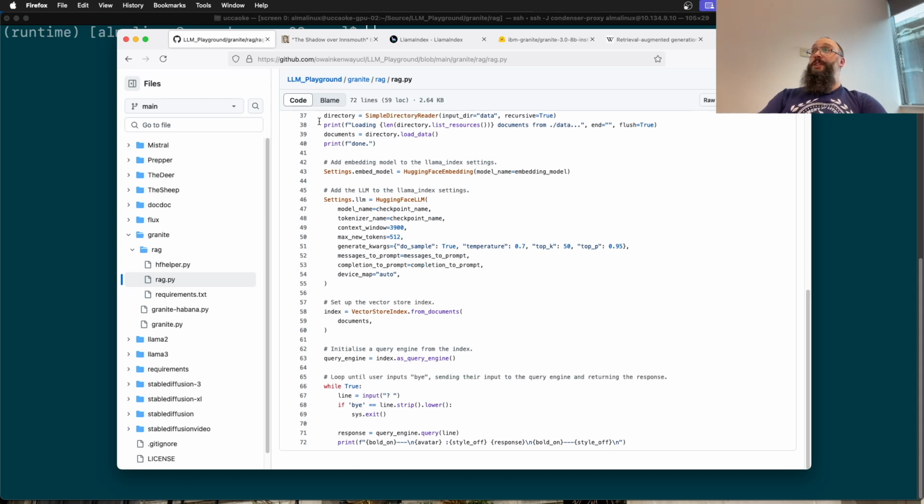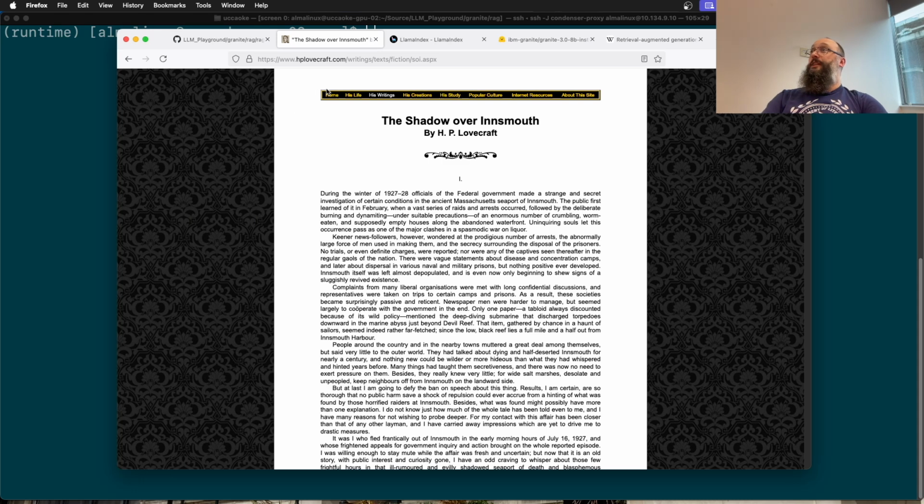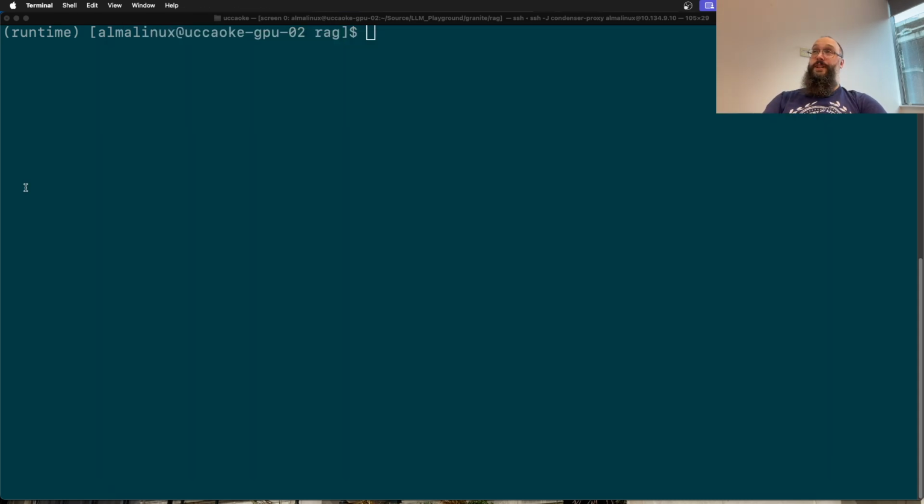You could use multiple documents. And I've done a very cool demo internally where I've searched our internal documentation. For this, I'm going to use the text of The Shadow over Innsmouth, which is a wonderful horror story. If you've not read it, I strongly recommend it. This is an old enough piece of work that it is public domain, and you can get it from the HP Lovecraft archive, which I've done, and I've stored it as a rich text format file in the data folder